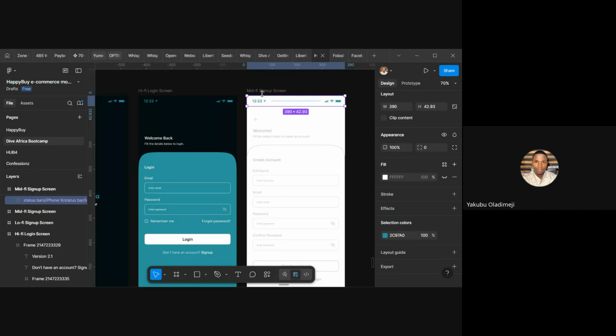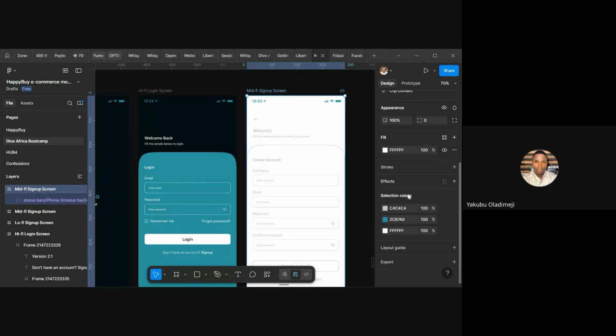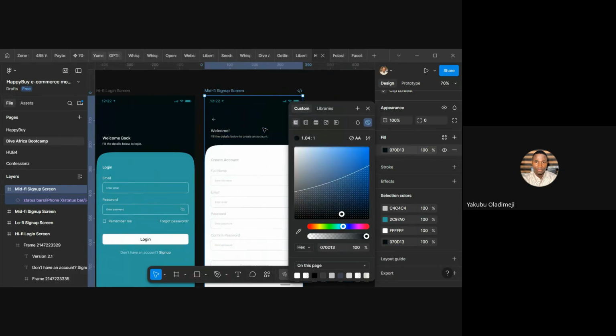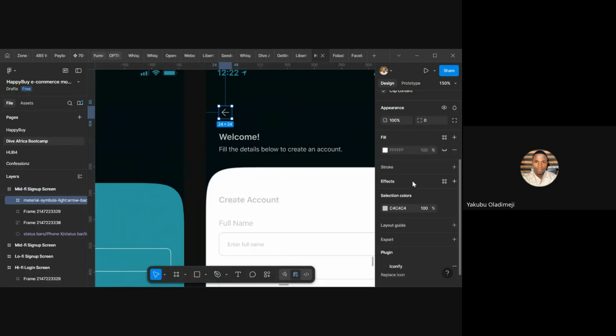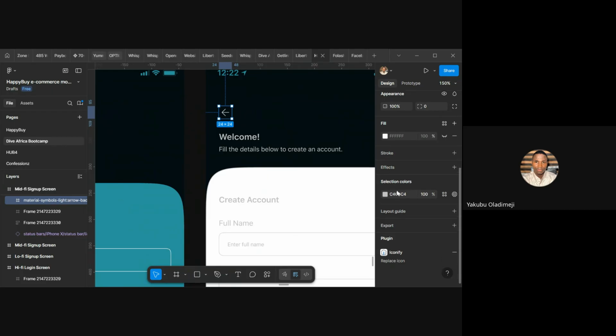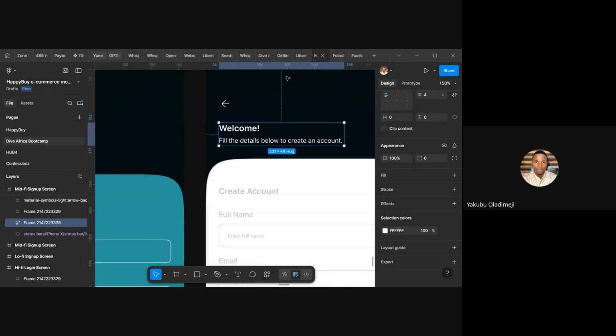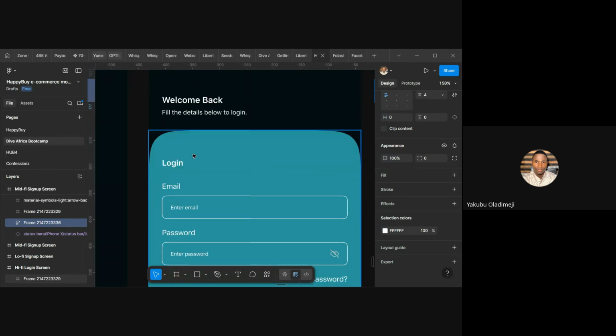Change the color of things. For arrow, change the color to white. The text to white. So for this,